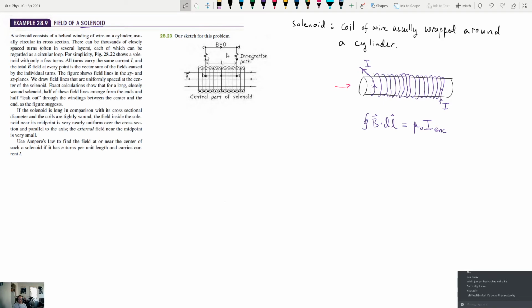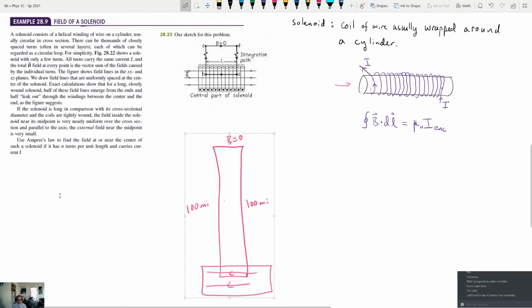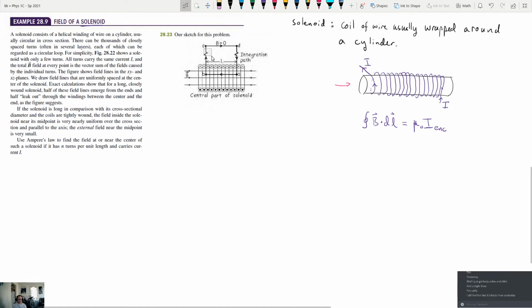And so if we make our integration path so that we're integrating from here, and then we go really far away, and then we come back down, then if that's our solenoid right there, and the magnetic field is inside of here, I think it's pretty reasonable to say that if you get 100 miles away from your solenoid, let's say this is 100 miles, because we can make it as big as we want, the magnetic field is definitely going to be 0 over there, for the solenoid at least. You may have some magnetic field from the Earth or something, but that's what those little jagged lines represent. It means that this distance is not commensurate with the picture. It's much bigger than this. Okay, so